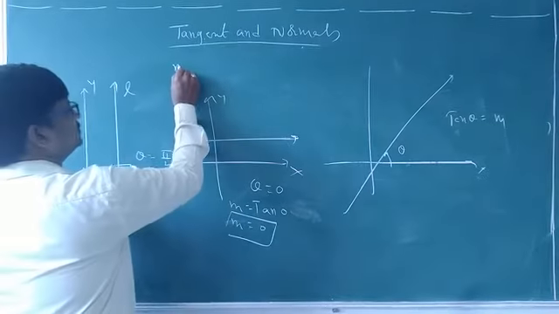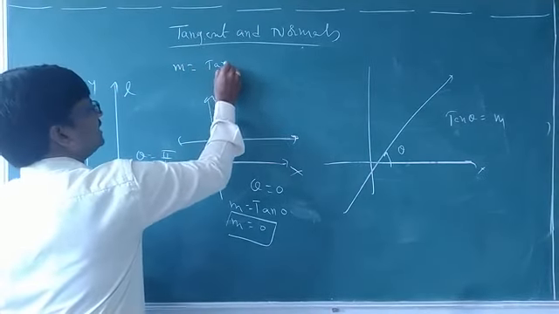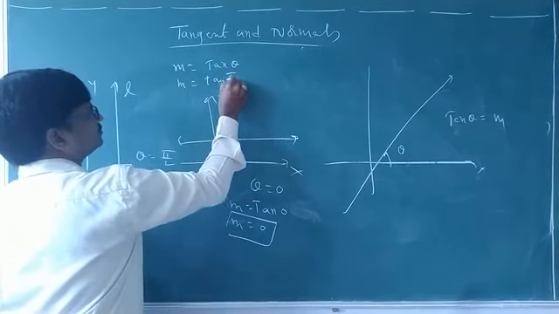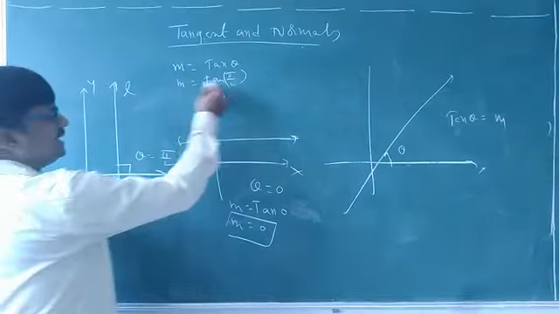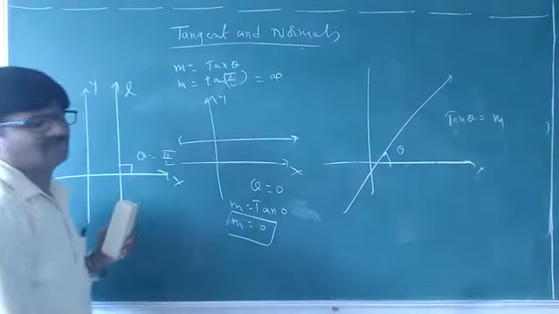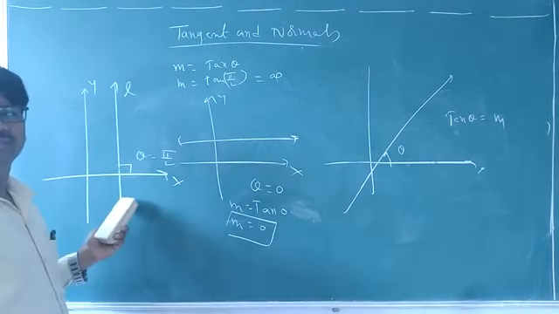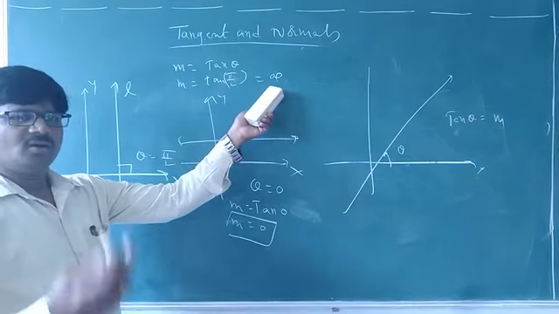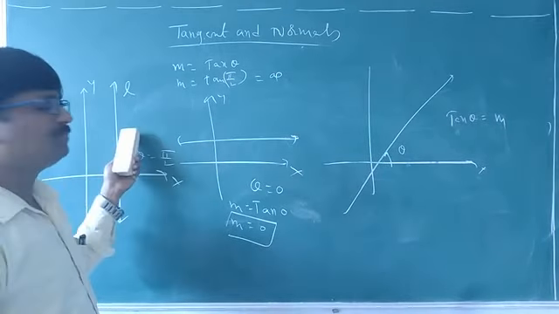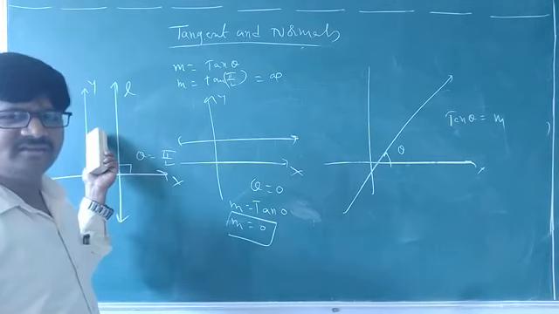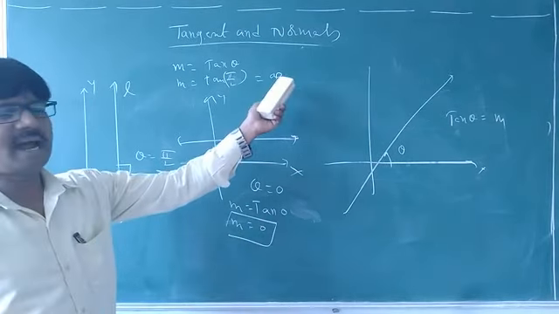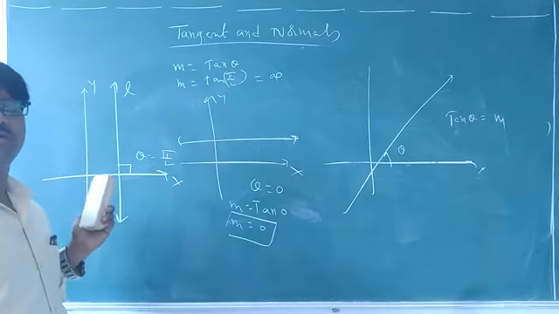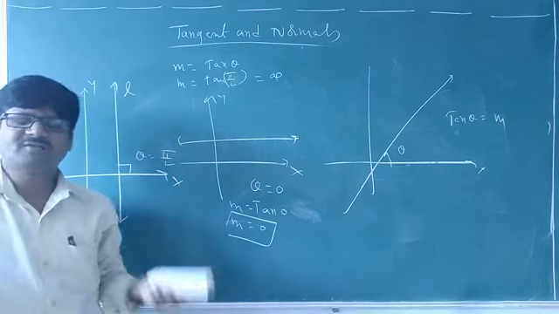Then what is slope here? Slope of this line m is equal to tan theta, so here tan of pi by 2. Yes, tan 90 is not defined, infinite. So slope of a line which is parallel to y-axis is not defined. One more time, slope of a line which is parallel to y-axis is not defined. Or else you can say like this also: slope of y-axis is not defined.